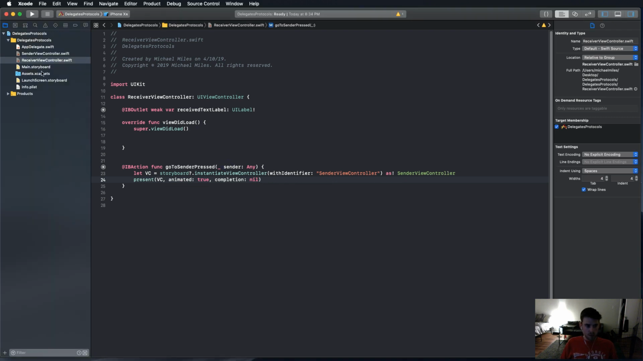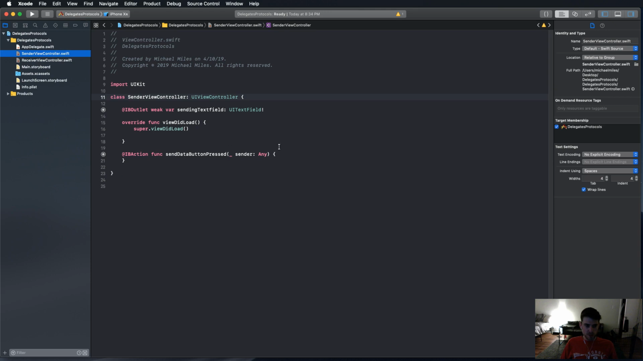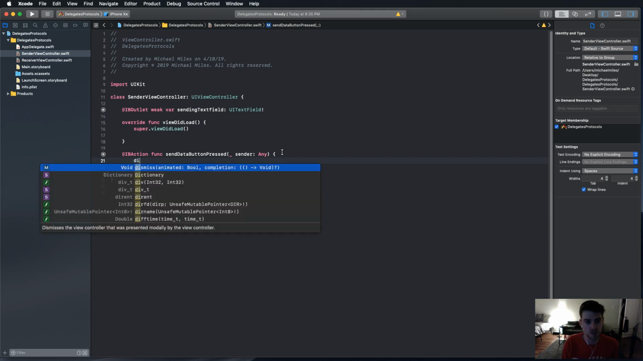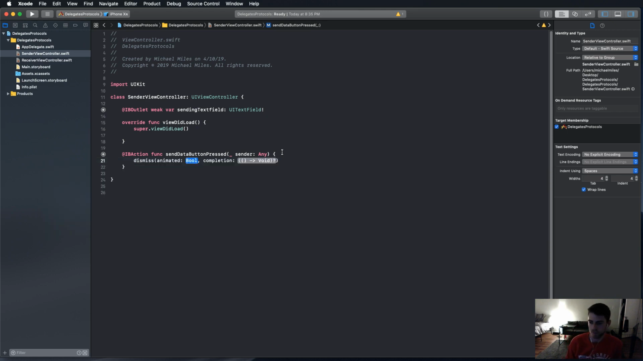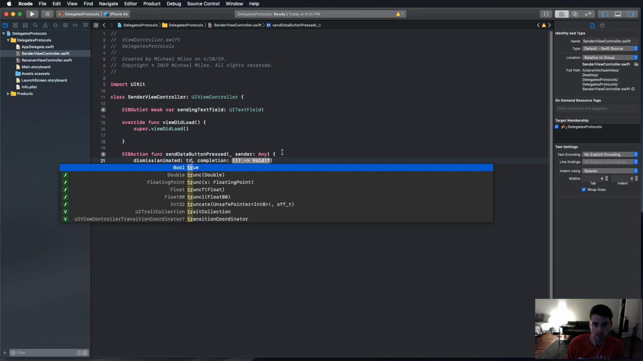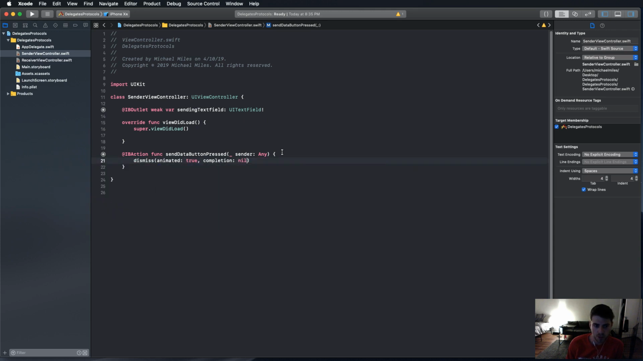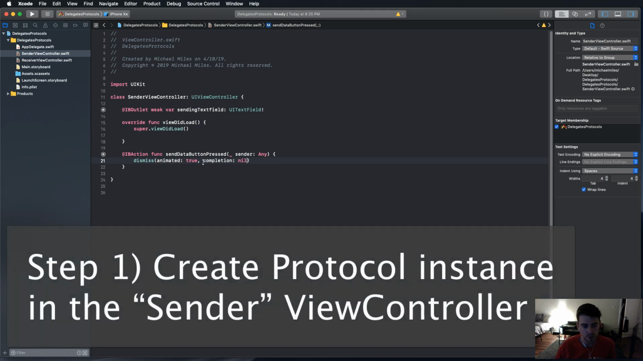And then, obviously another thing we're going to need to do when we go to the sender view controller and that send data button is pressed, in the sender, we're going to dismiss the view controller. And animated true, completion nil. And there we go. So everything is set up for the app, and now we can start with the first